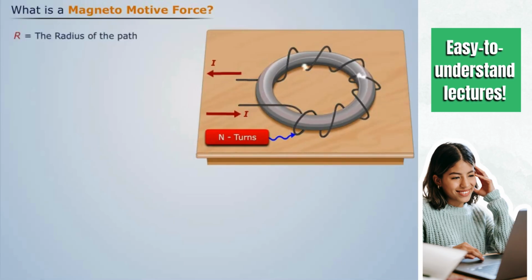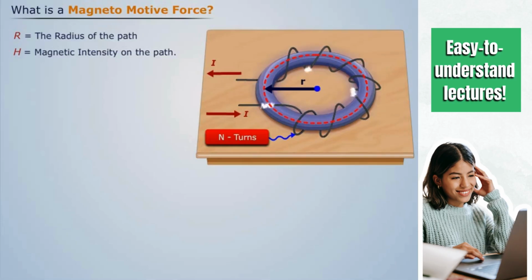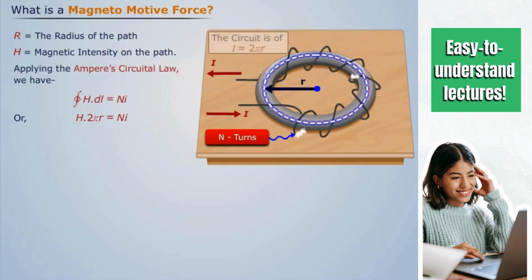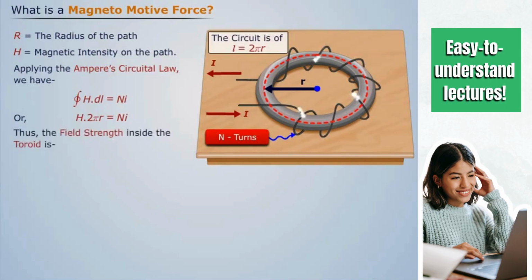Let r be the radius of the path and H the magnetic intensity of the path. Now, applying Ampere's circuital law to the circular path of radius r, we have, or, as the circuit is of length 2πr, thus the field strength H inside the toroid is